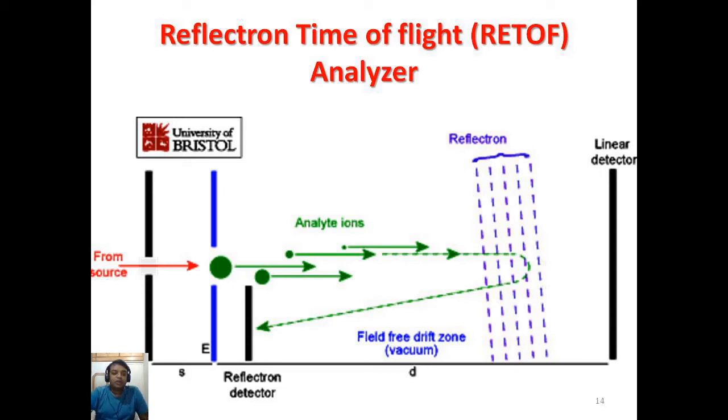When the molecule passes towards the reflector, in between the slit and the reflector there is a field free drift zone. It's nothing but a high vacuum zone. In this vacuum zone, no change in terms of the charge or their velocity occurs. Only reflection takes place, according to their electron charge and their mass ratios.